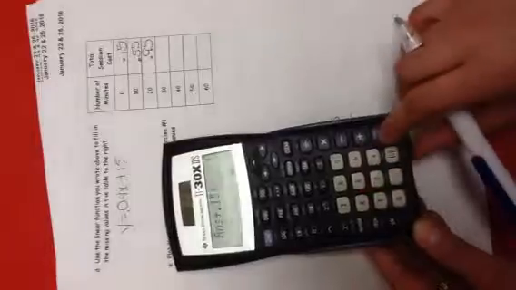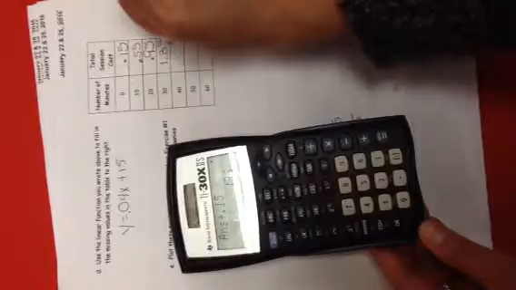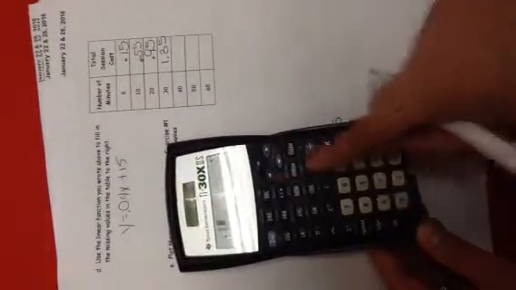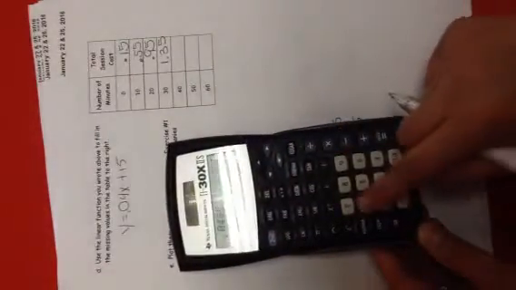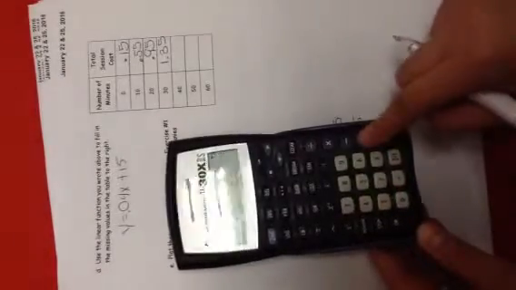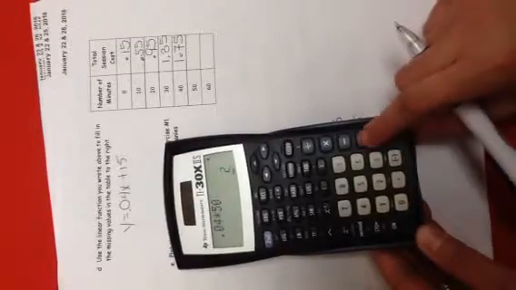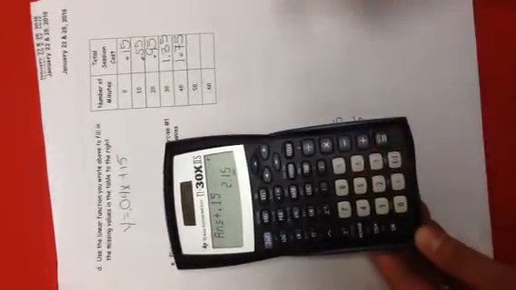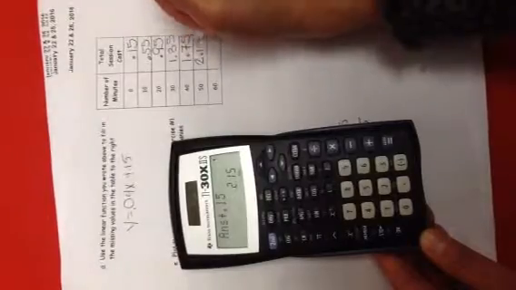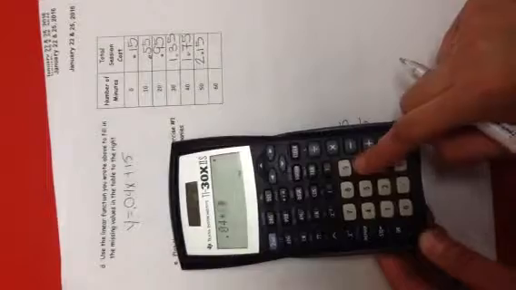0.04 times 30 plus 0.15 equals $1.35. 0.04 times 40 plus 0.15 equals $1.75. 0.04 times 50 plus 0.15 equals $2.15, and 0.04 times 60